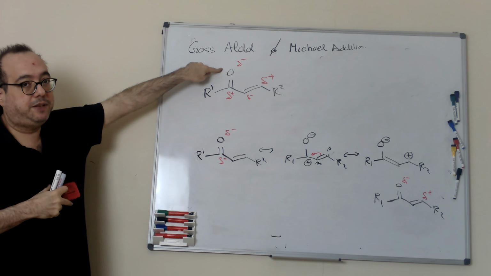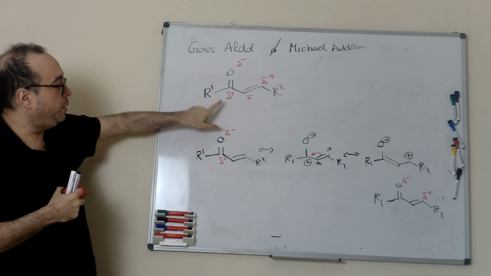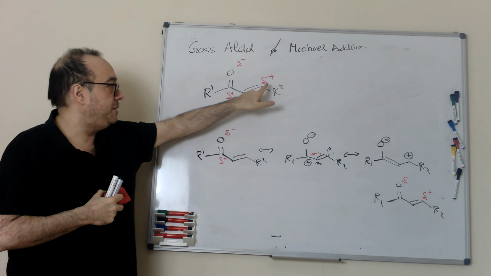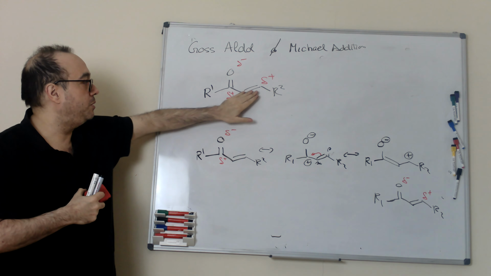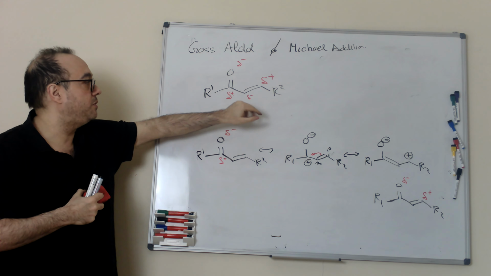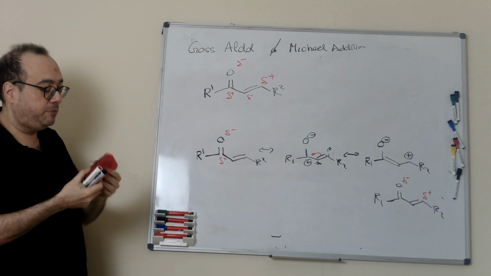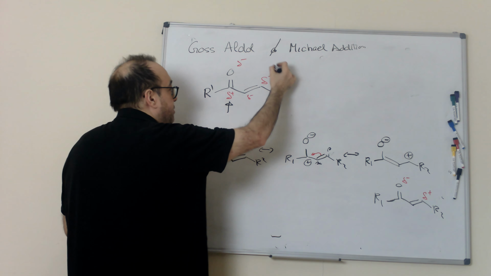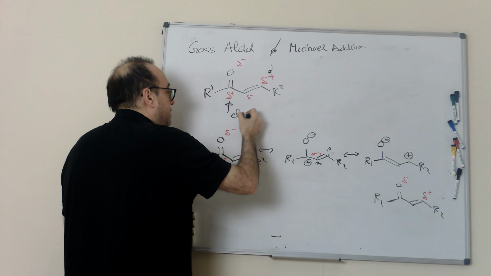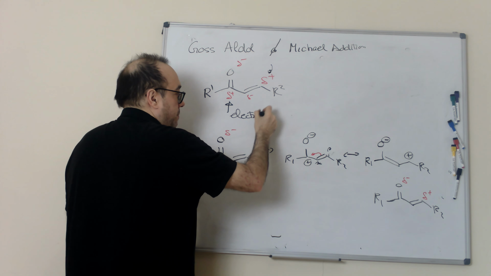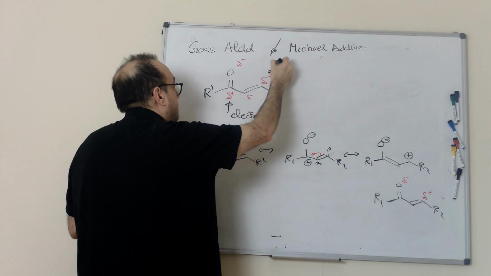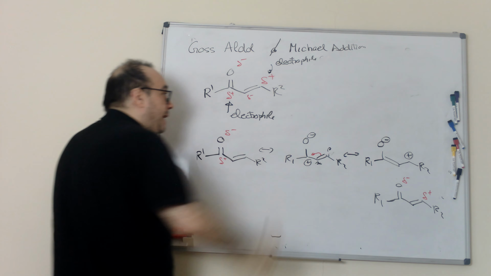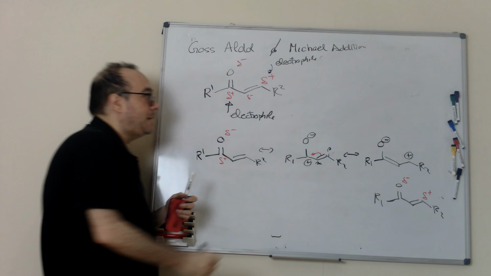We have a negative charge density on the oxygen, we have a positive charge density in this carbon, and a positive charge density in this carbon. I will not enter into this carbon because we will not use it for the reactivity, but basically we have this position and this position that are electrophiles. Then when a nucleophile is coming to this type of molecules,